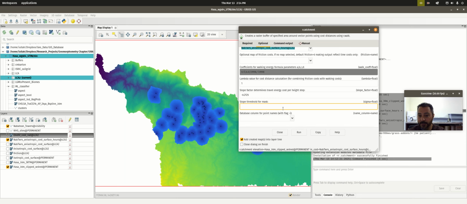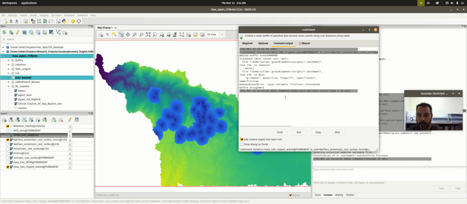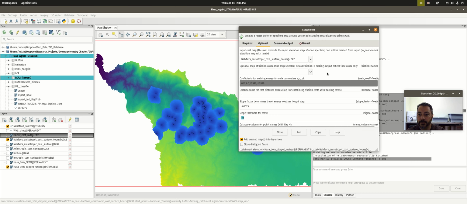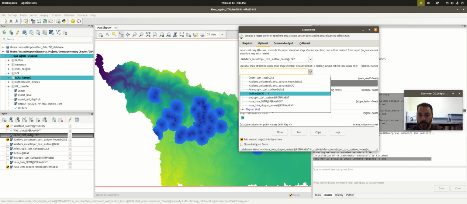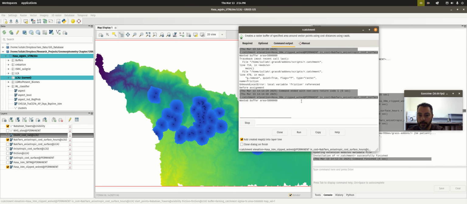And we can also optionally say, let's only look at land that's less than 10 degrees slope, which is a commonality that most farmers are looking at, not too steep, right? And at this point we have enough where we can hit run. Oh, whoops. I guess we have to put this in. We do have to put in friction. There we go. Okay, so